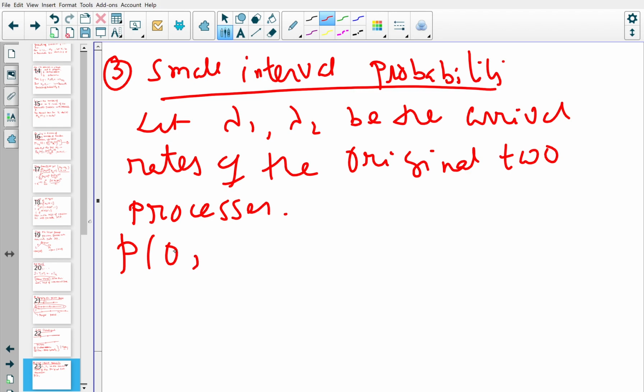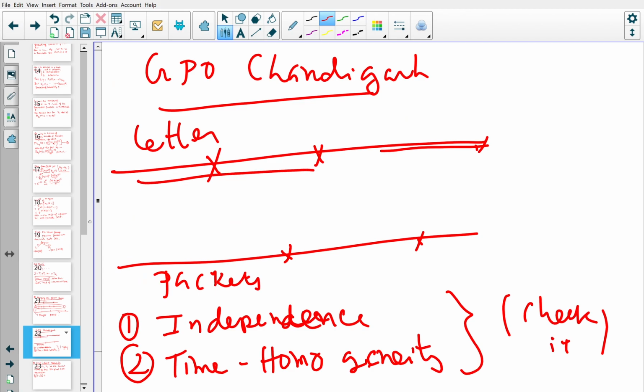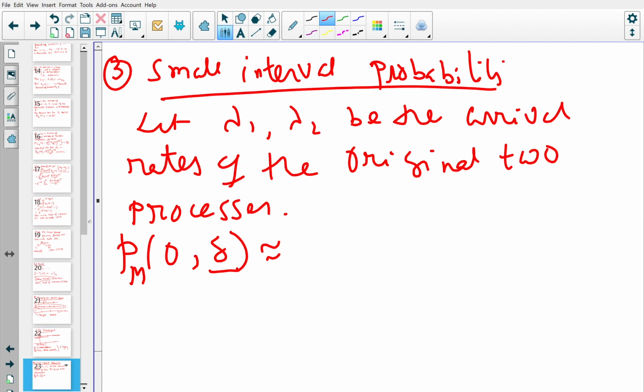of zero arrival. So this is, let me write M means merged process in the time length of delta. Okay, what is this probability? So you see, this is approximately what? So zero arrival means what? Zero arrival means that in the time length of delta there is no letter arrival, no packet arrival, right? Nothing. So in this delta there is no letter, no packet arrival, right? So what does that mean? So that means this is approximately equal to the probability that, so this is probability 1 means the first process, I can write lambda 1, 0 delta